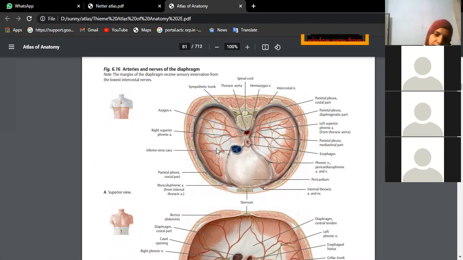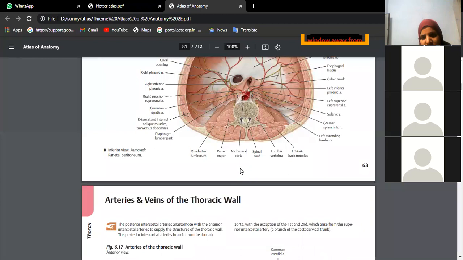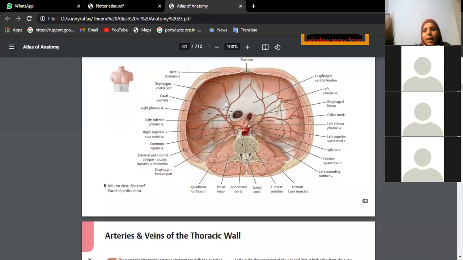Superior surface, the distribution of the phrenic nerves you are finding, and these are superior phrenic arteries which are supplying the diaphragm from superior aspect. This is from inferior aspect. This is like an umbrella, dome-shaped structure is diaphragm. This is from abdominal aspect you are seeing. That's the reason you are finding thoracic vertebrae. Okay, you can see how this aorta is piercing the diaphragm and entering into the abdomen.